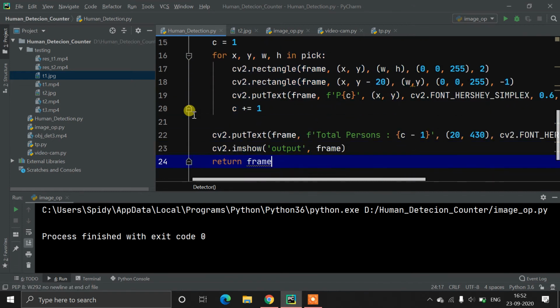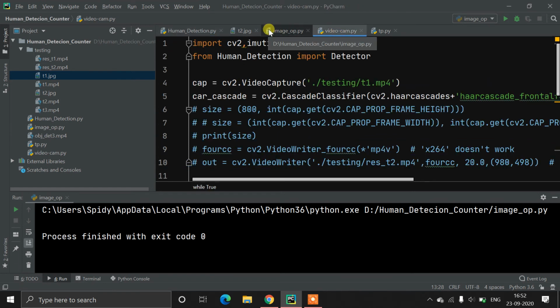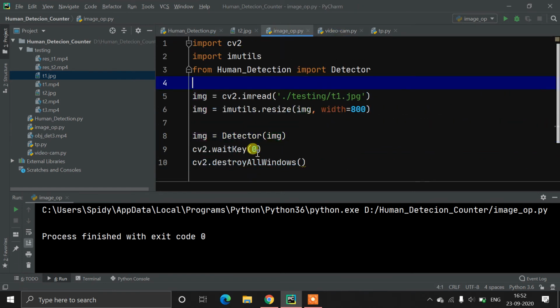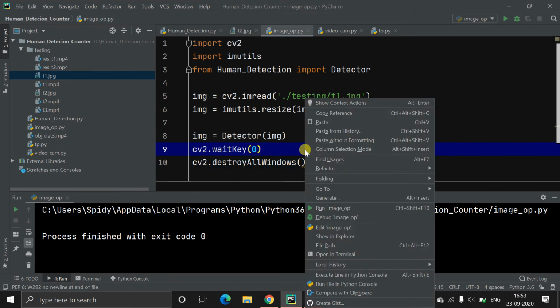I have just given you the info briefly, as I have already explained all these things. After that we pass cv2.waitKey equal to 0, meaning it will keep the cv2 result frame open until we close it. If we define 5000 here, then it will close after 5 seconds, and at the end we destroy all the windows, meaning it will clear all the windows.